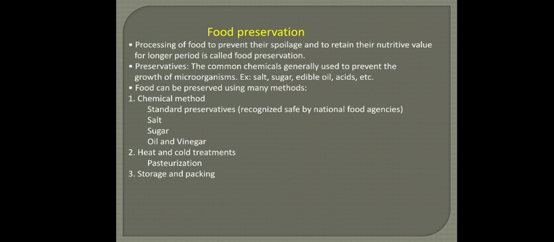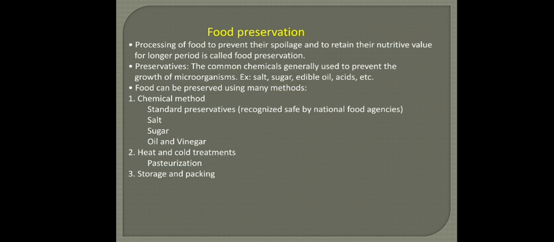Oil and vinegar. Vinegar is an acid. The chemical name of vinegar is acetic acid. And edible oils also prevent the spoilage of food items. That's why in pickles and all, we add a large amount of oil or sometimes even acetic acid, that is, what we call vinegar. So these all will preserve the food items from the attack of microbes, and the food can be preserved. Some other chemical preservatives are